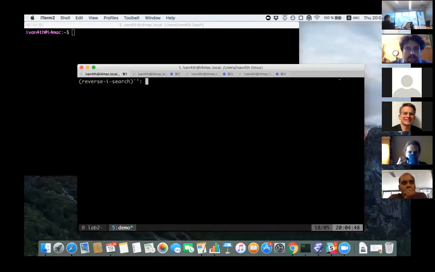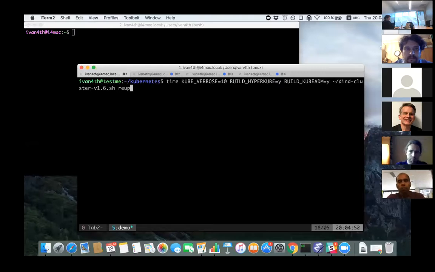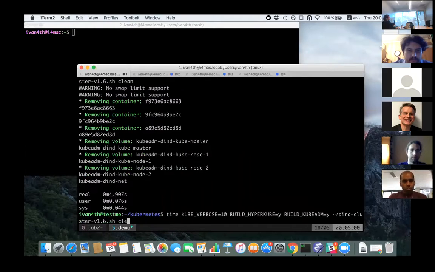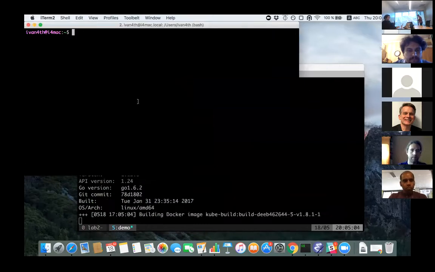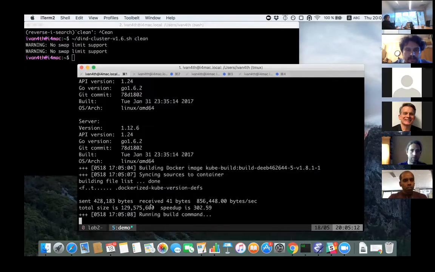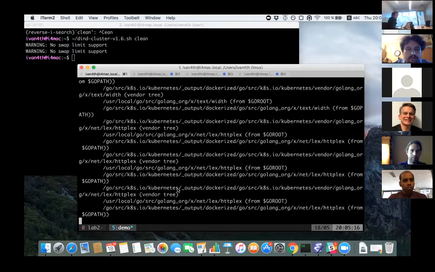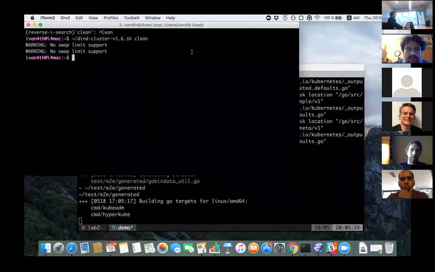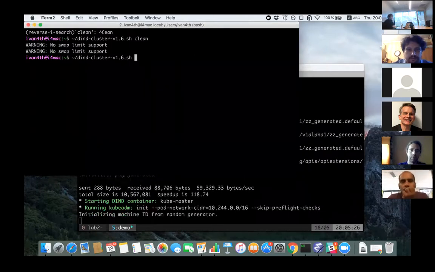While it starts, I will describe in further detail why this project is needed. So here I've started it in build mode. It will build Kubernetes and kubeadm. It's using kubeadm to deploy a multi-node cluster on Docker and Docker. And here I'm starting it using a pre-built image.